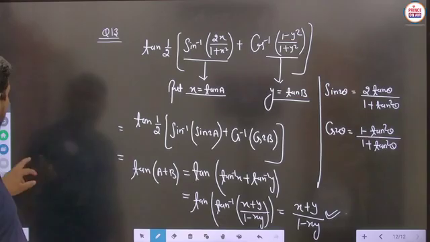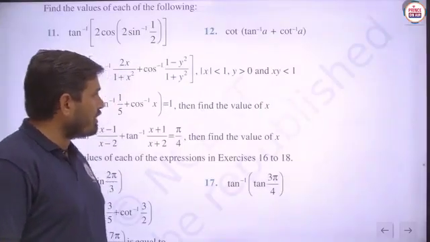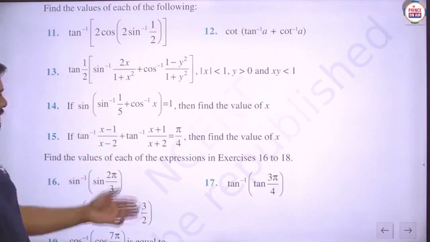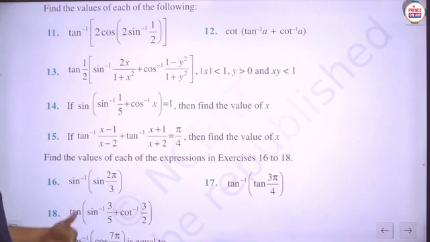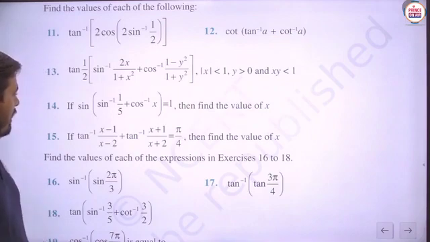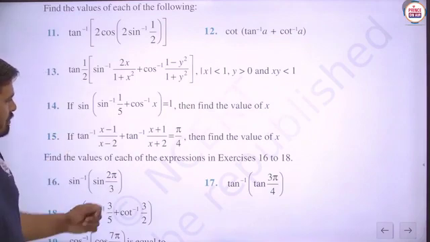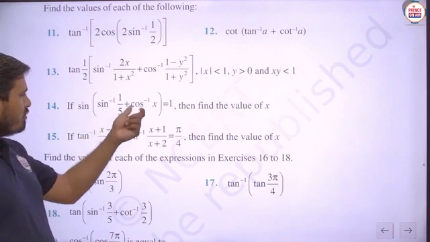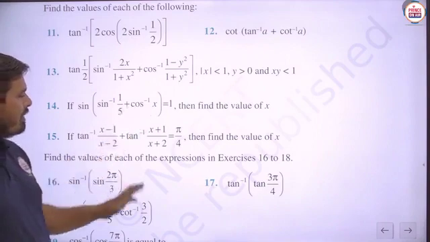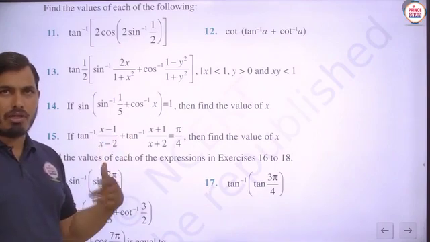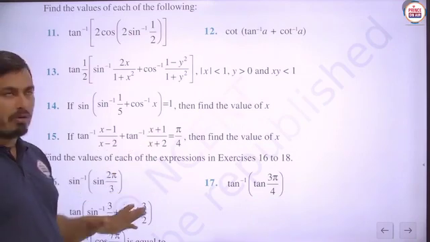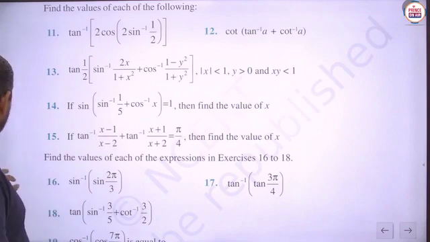Next, question number 14 we are taking here. Sine of bracket sin inverse 1 by 5 plus cos inverse x equals 1. Then we have to calculate the value of x. Again a very simple part, and directly you can think about this part. Suppose this is 1 by 5, then sin inverse x plus cos inverse x will become pi by 2, you know very well, and this whole part will be pi by 2, then sin pi by 2 will be 1. So directly you can check the answer without any calculation. In an objective question, you can directly provide the answer x equals 1 by 5 here. But how the calculation will proceed, we can check.